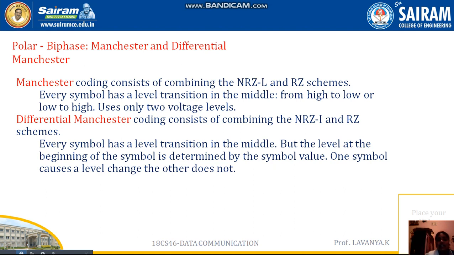The Manchester line coding consists of combining the NRZ-L as well as the RZ scheme. It is a combination of the non-return to zero level and return to zero method, and that we call the Manchester technique. Here every symbol has the level transition in the middle, from higher to low or lower